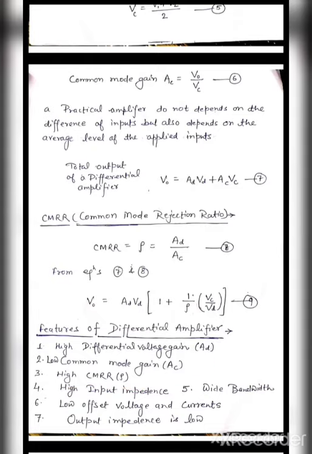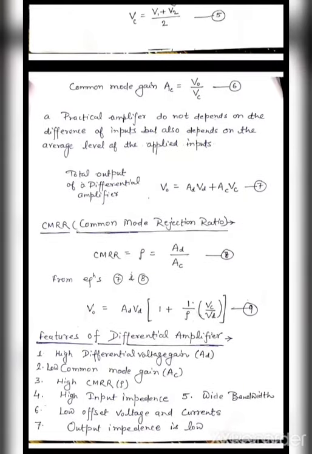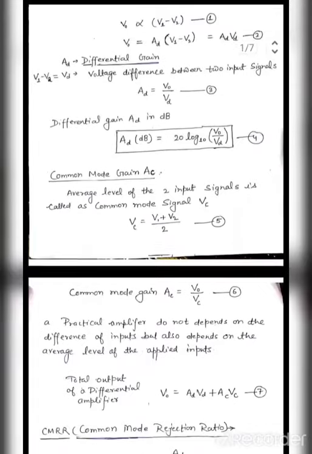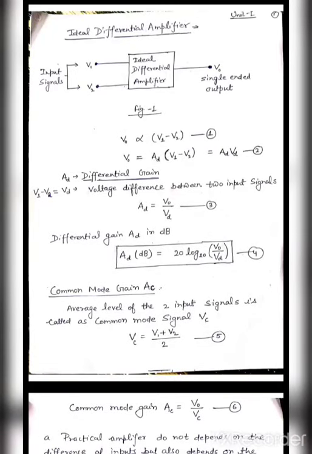And fourth, it has high input impedance and wide bandwidth, low offset voltage and currents, and its output impedance is low. These features we will discuss in the next lectures while we study the differential amplifier and operational amplifier. So this is the basic idea about an ideal differential amplifier